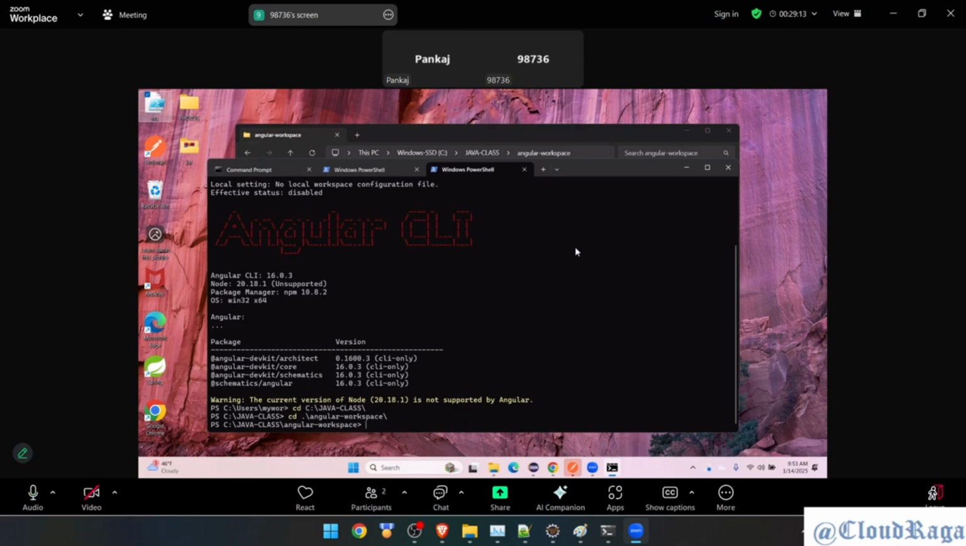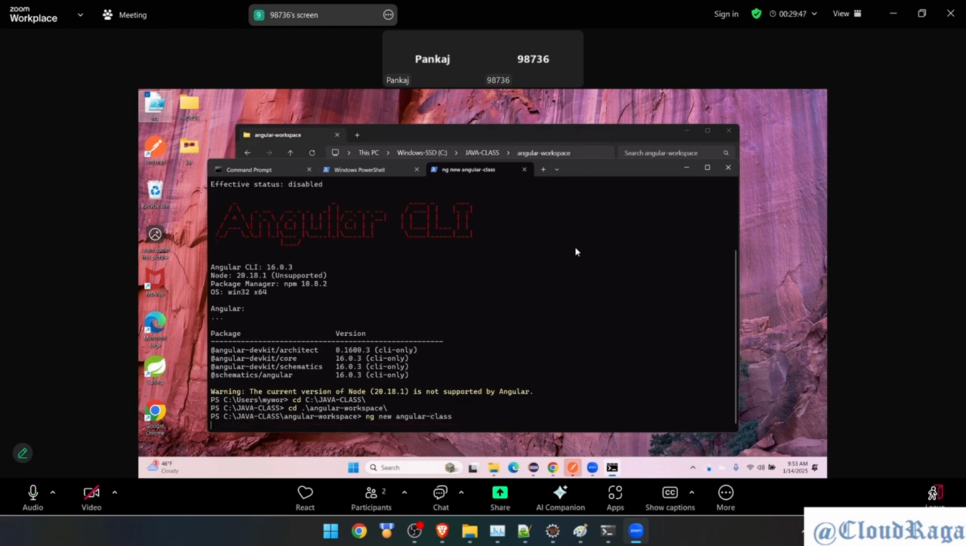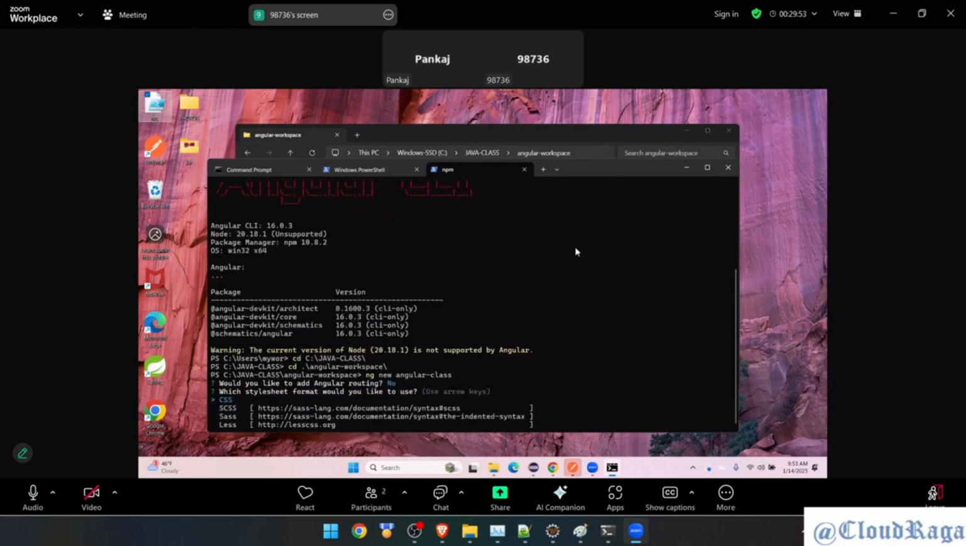अब यहाँ पे लिखो ng new, और यहाँ पे आप लिखेंगे प्रोजेक्ट का नाम। जैसे मैंने लिखा था एंगुलर ट्यूटोरियल या एंगुलर क्लास, स्पेस मत देना बस। angular हाइफन class, और एंटर मार दो। अभी क्या पूछ रहा है? राउटिंग नो कर दो, n टाइप करके प्रेस एंटर, और एंटर प्रेस कर दो फिर से, डिफ़ॉल्ट CSS रखेंगे।